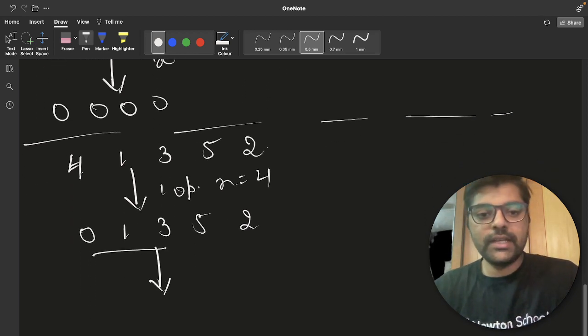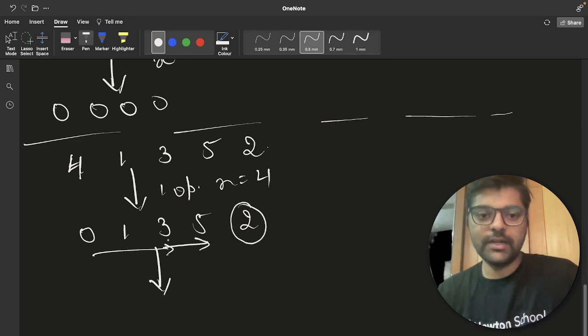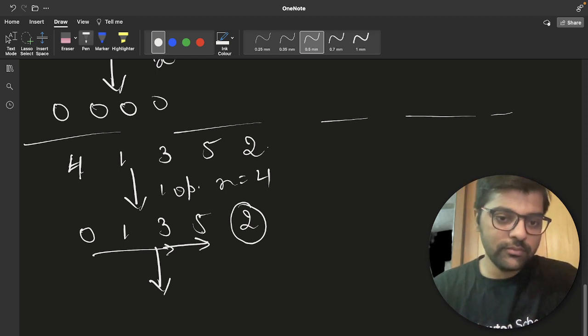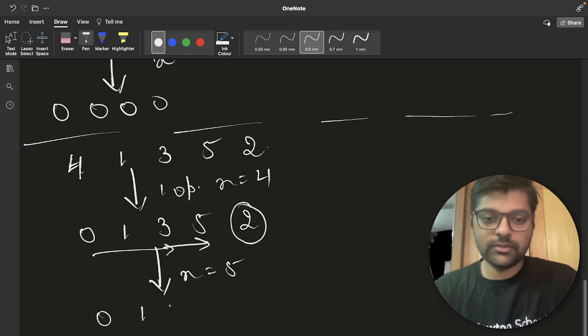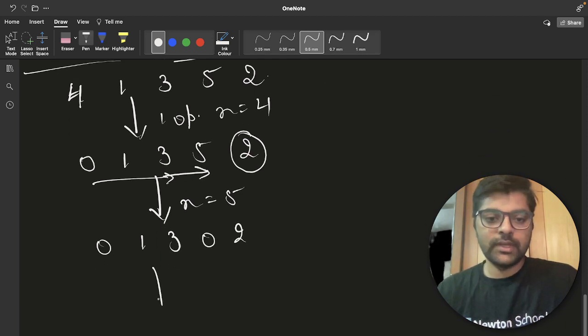Now 0, 1, 3, 5 is non-decreasing, and then 2 comes. Then we choose x equal to 5. Then our sequence will be 0, 1, 3, 0, 2.